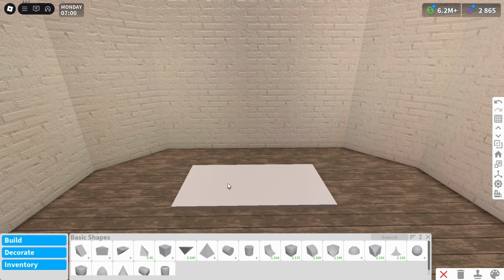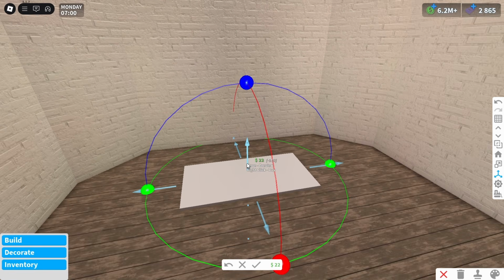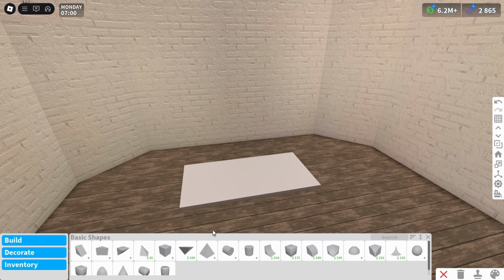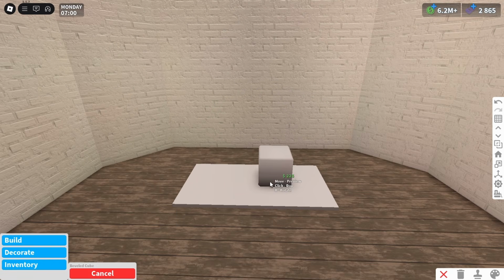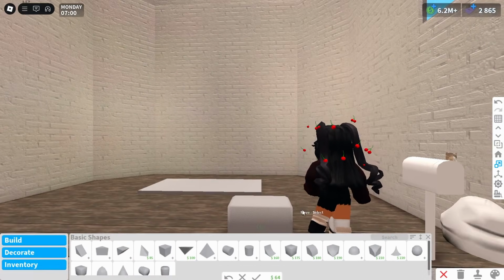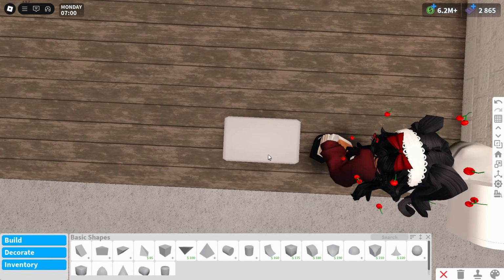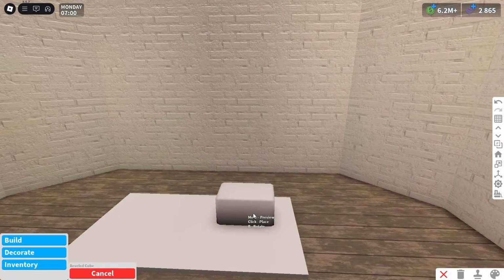You can use a transparent one if you want. That might be a bit like neater, but after you finish building it, you're just going to transform it into the floor like that so you can't see it. In the basic shape tab, you're going to get these beveled cubes, and I'm just going to bring my avatar along for reference around this size. I don't ever do exact measurements, so just kind of eyeball it, but we're going to place 4 of these,